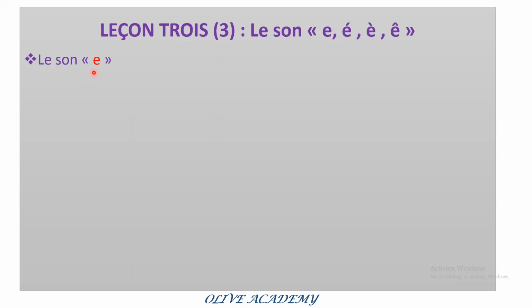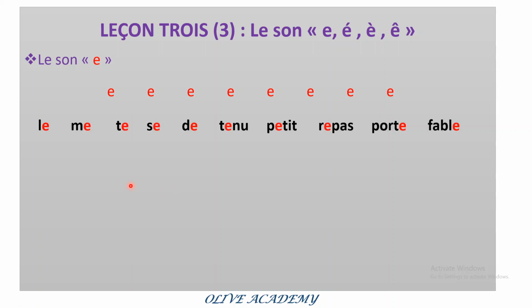Leçon E. Repeat after me. E. E. E. Le, me, te, se, de, tenue, petit, repas, porte, fable. Now you realize that for the two-letter words,